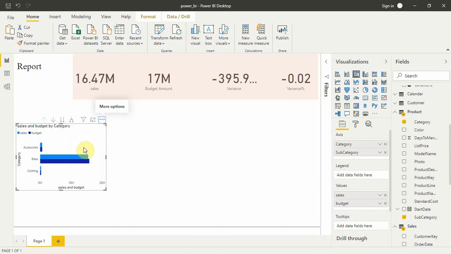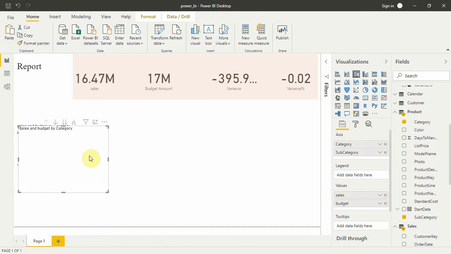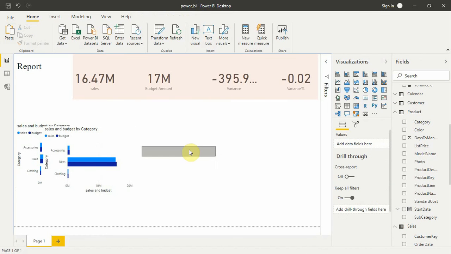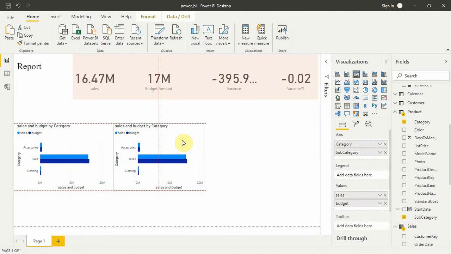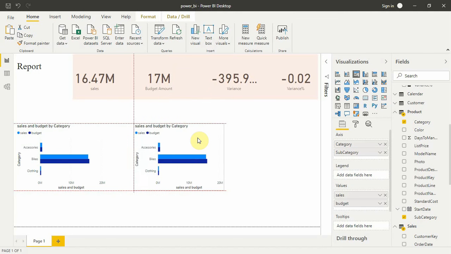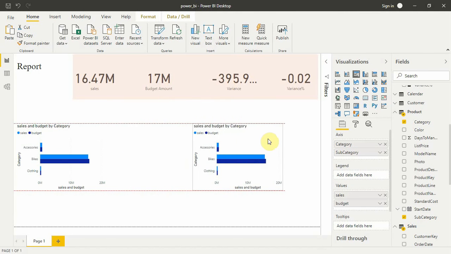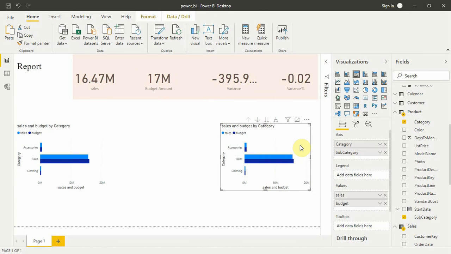So let's now copy this bar chart, and let's paste, and sorry for the slow Power BI here. Alright, so we'll just put it here. Okay, so let's remove the values and add variance here in the value.